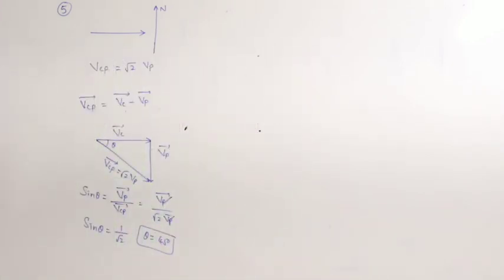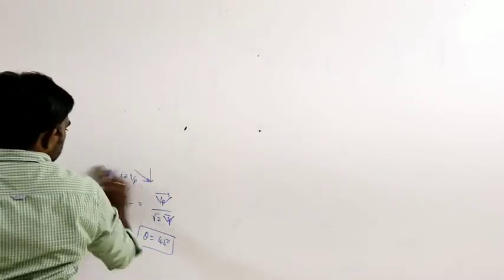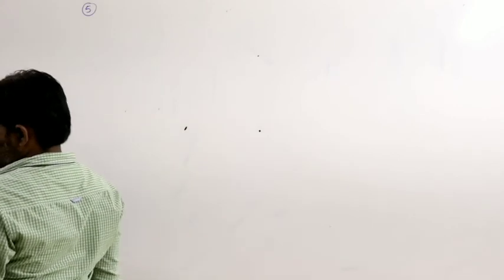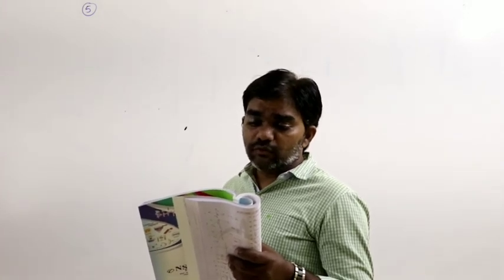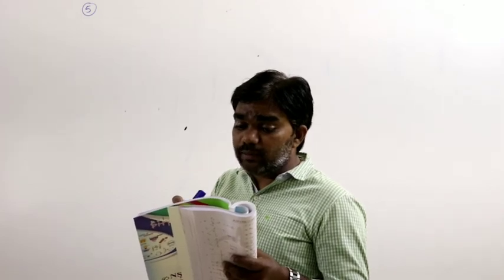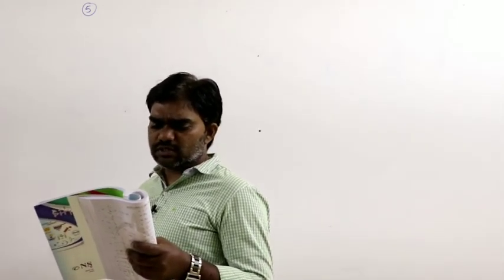See page number 159, question number 5. When two bodies approach each other with different speeds, the distance between them decreases by 120 meters for every minute. The speeds of the two bodies are...